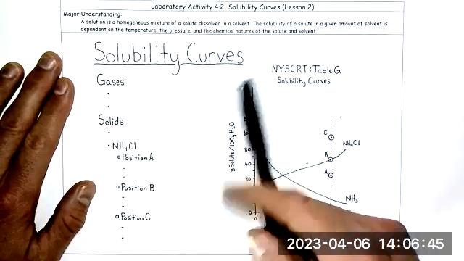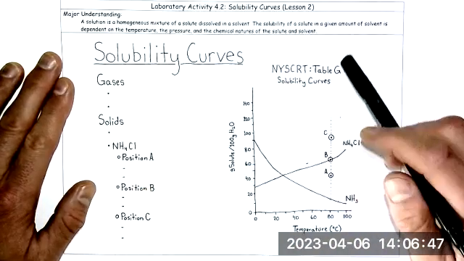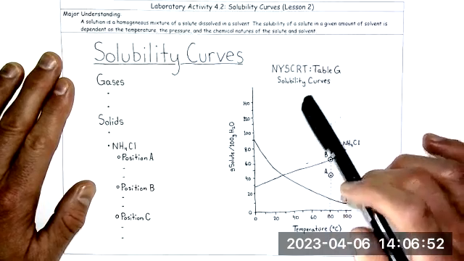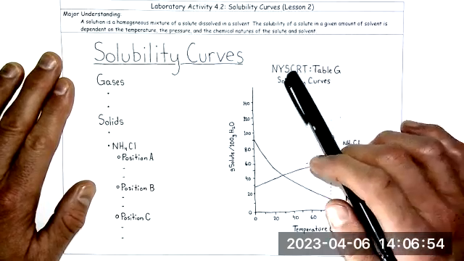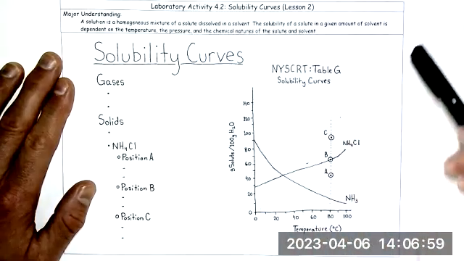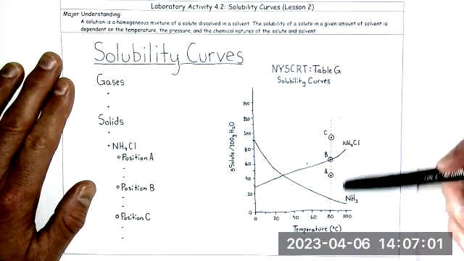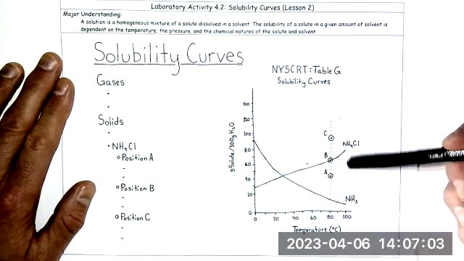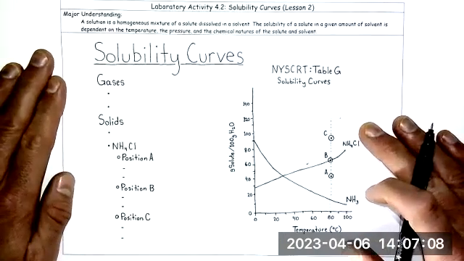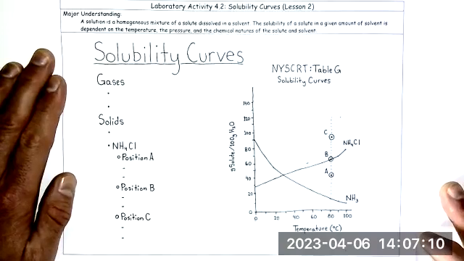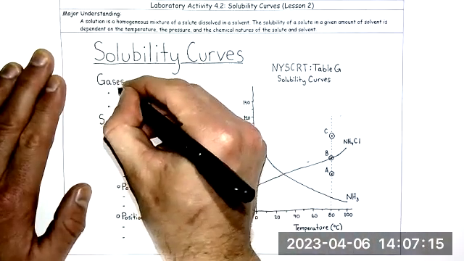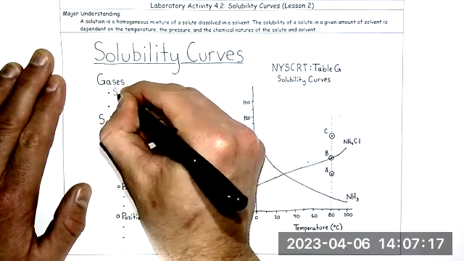Okay, and so for solubility curves, we have in the New York State Chemistry Reference Table, Table G, solubility curves, and there are numerous chemicals on that curve. However, I distilled it down to just looking at two of the chemicals on the table. Okay. And so first, we're going to talk about solubility of gases. Okay, and so for solubility of gases, our solubility